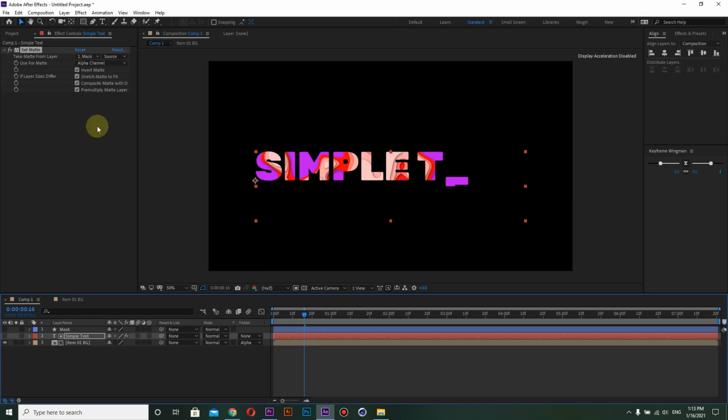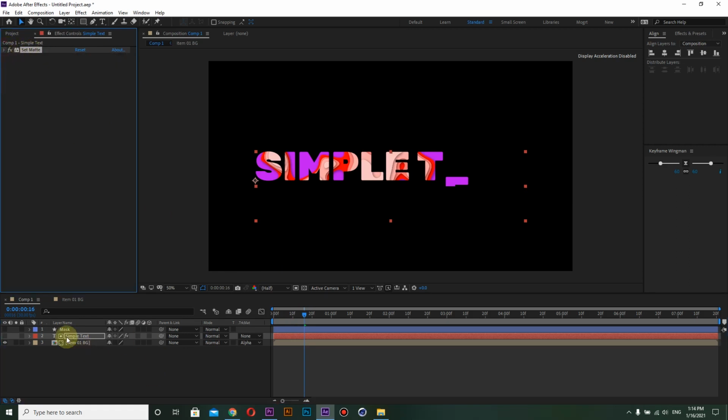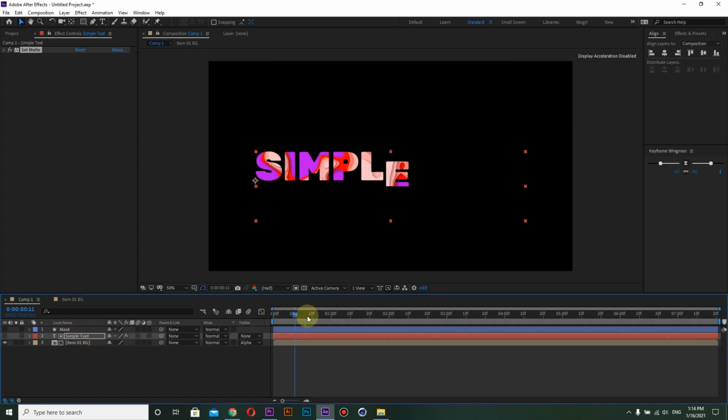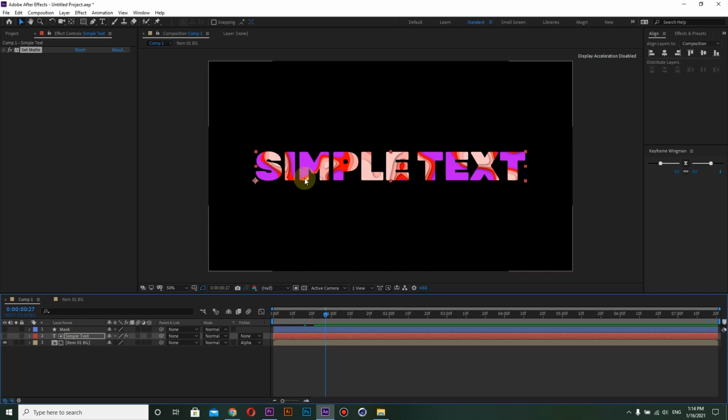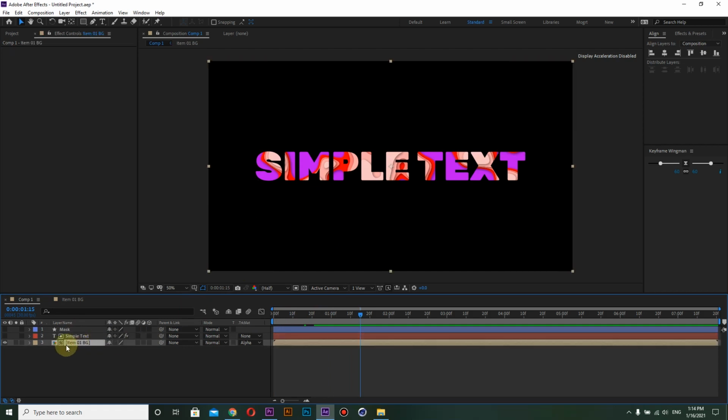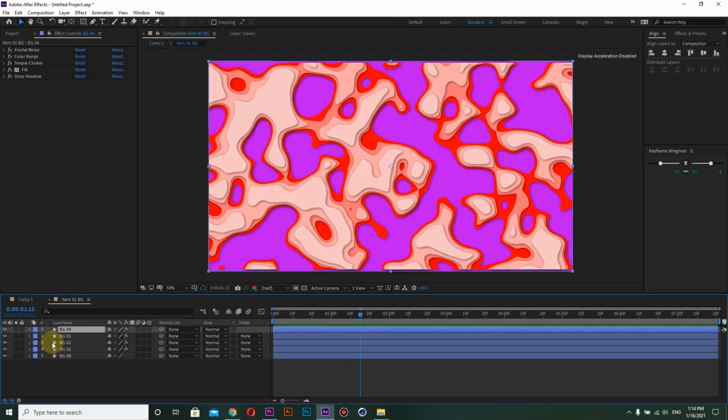So by doing that, now I have the set matte effect, and the text layer is no more track matted to the mask, but I have the mask effect, and our mask length is set to the text length. So the next step is to animate the background. For doing that, I'm gonna go to the background composition and